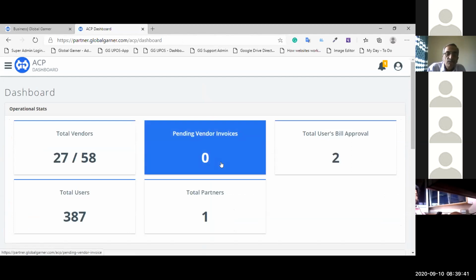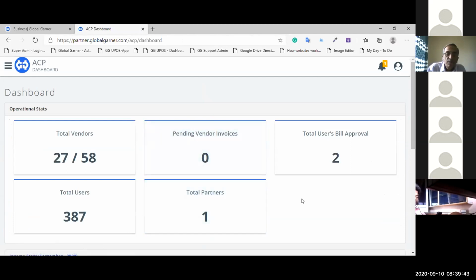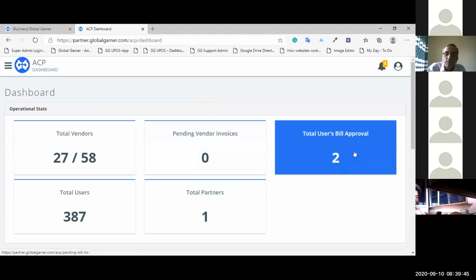Now the second thing is pending vendor invoices and total user bill approval. So you all know that whenever a customer uploads a bill in his user application, this bill goes to the vendor for approval, right? Whenever a vendor doesn't approve the bill, it is visible here.